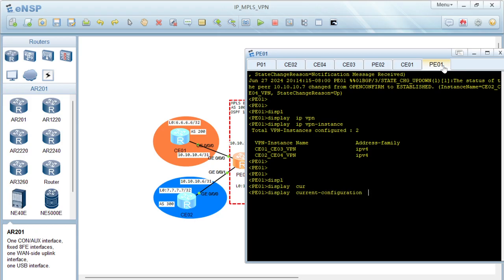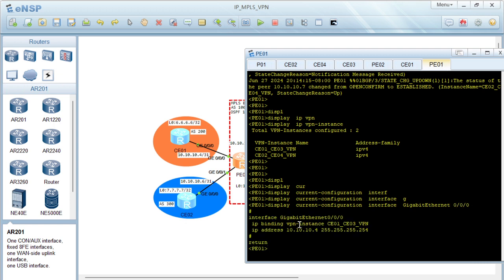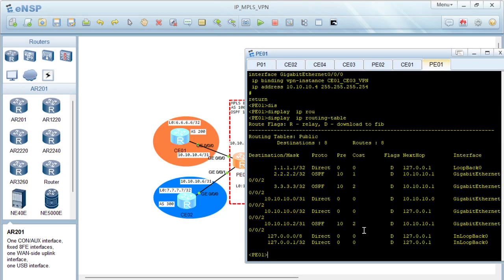Display current configuration interface gig 0/0/0. You can see the VPN instance is bound to C01 to C03. I can do display, so these customer routes will not be in our public routing table. If you check the public routing table, you realize there are no routes from the customers because they are